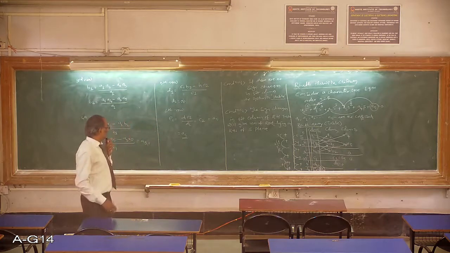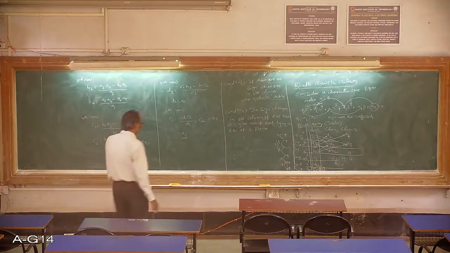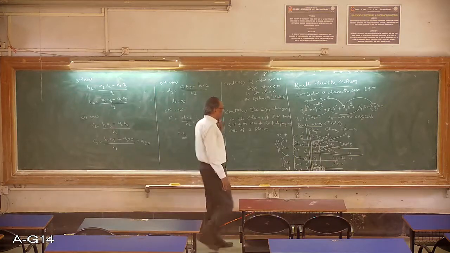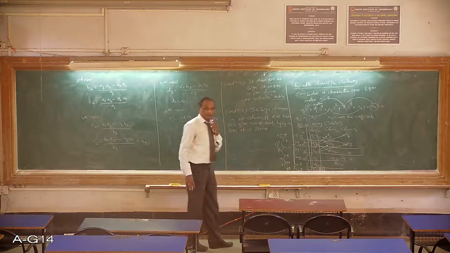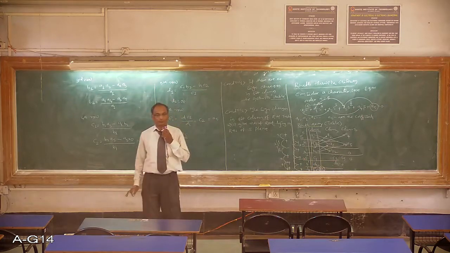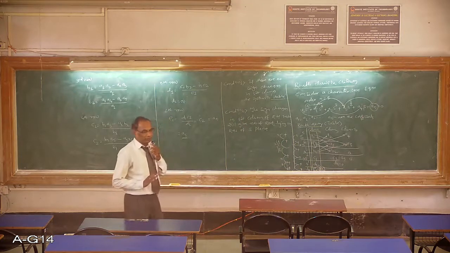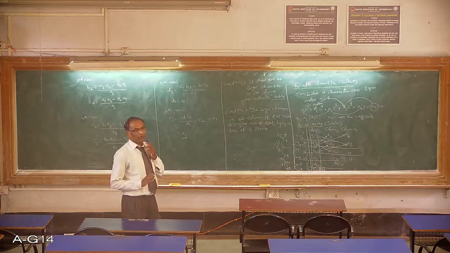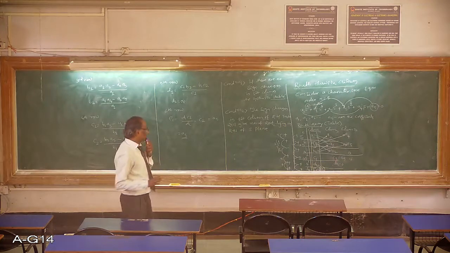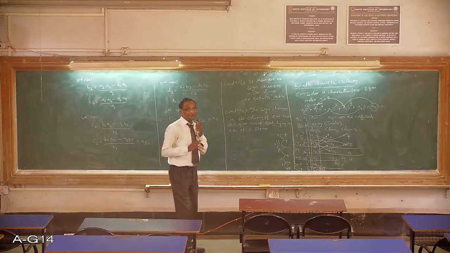Now, what are the drawbacks of this RH table? As we have constructed the RH table and evaluated the stability, it will not give the exact location of the poles. The Routh-Hurwitz criteria will not give the exact location. It only tells how many poles are on the right half of the S plane, how many on the left half, and how many on the j omega axis, but not exactly where they are located.